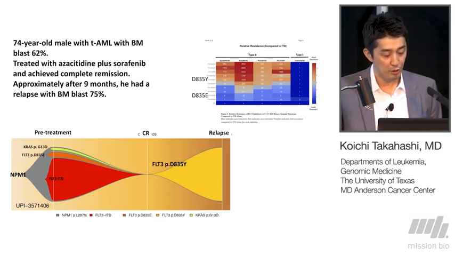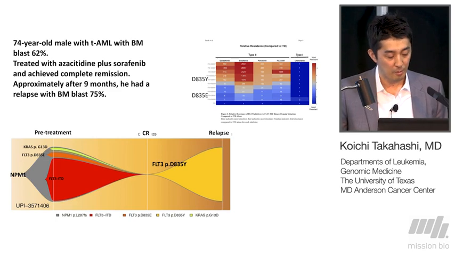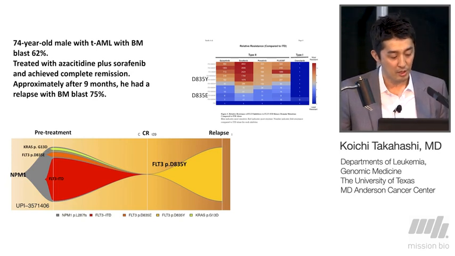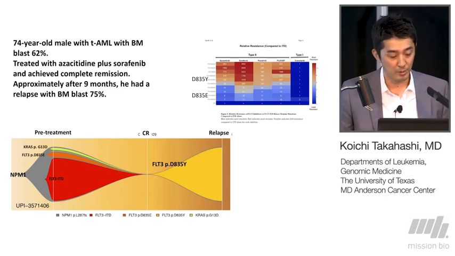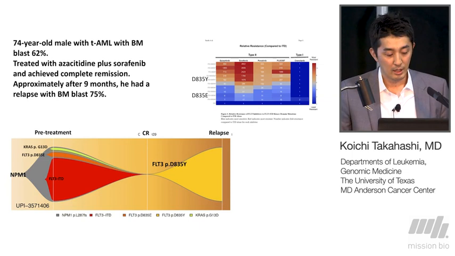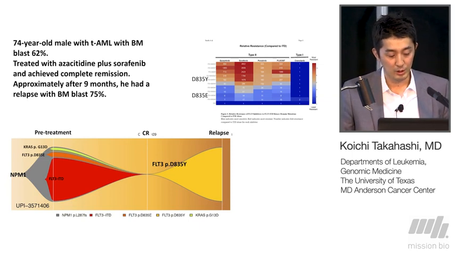At the time of pre-treatment, this sample had 4 independent clones, which were FLT3-ITD, FLT3-D835E, and FLT3-D835Y, which is very tiny here, and a KRAS G13D mutation. And although sorafenib and azacitidine put this patient into remission for 9 months, the eventual relapse clone was full of this